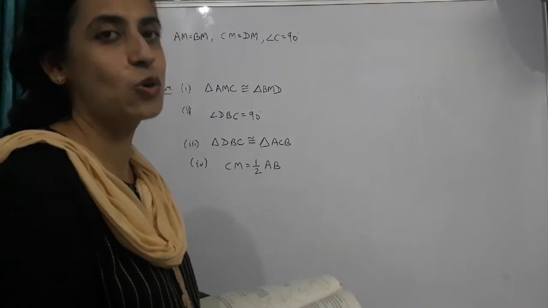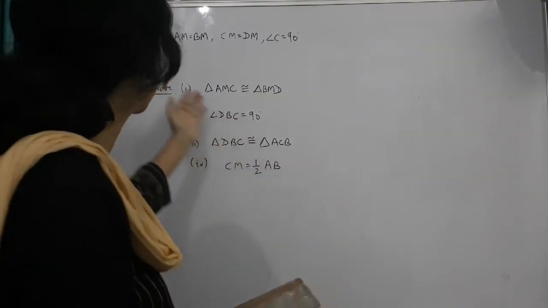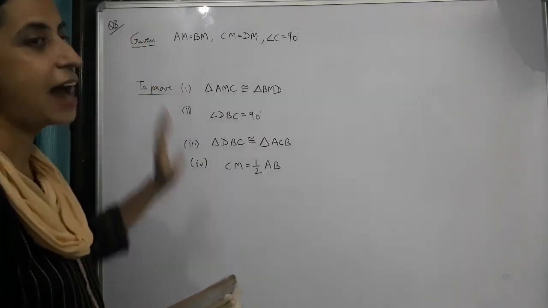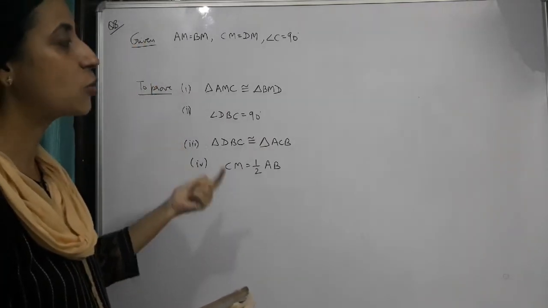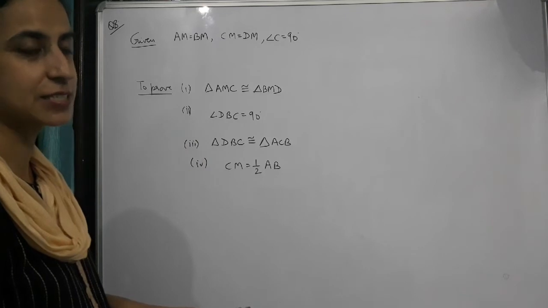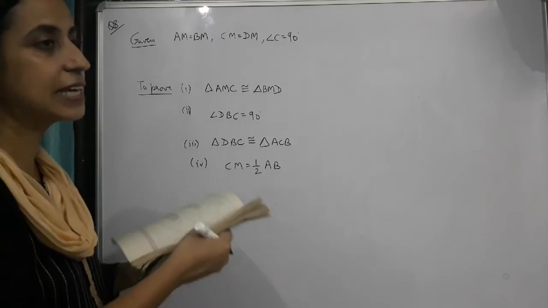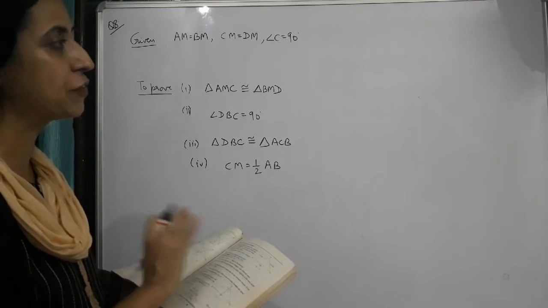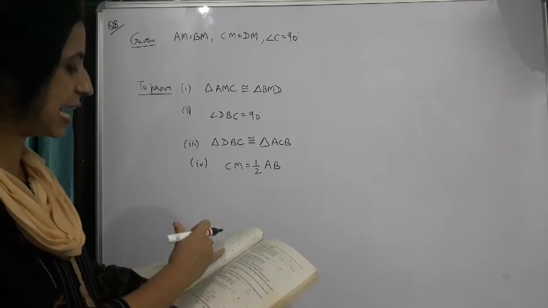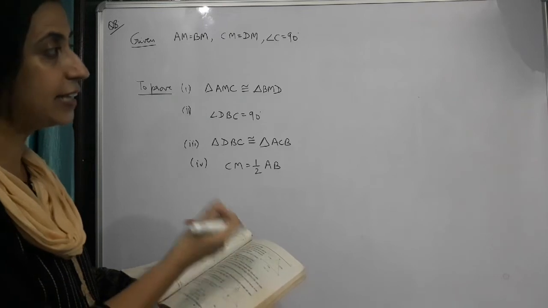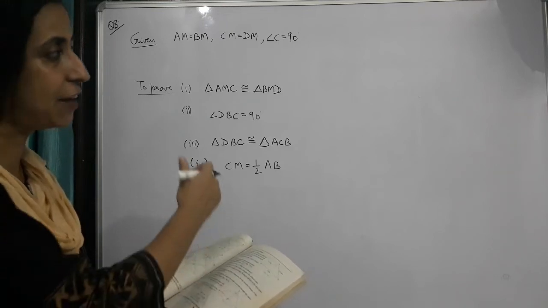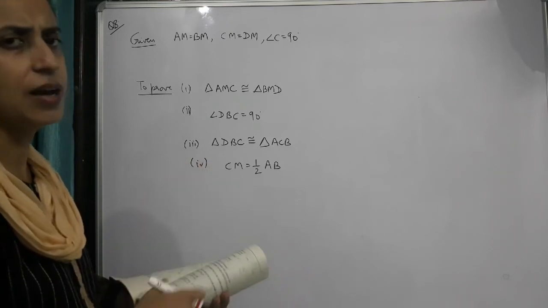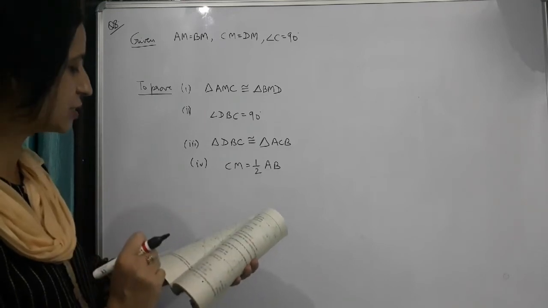Now let us start off with the last question of this exercise, question number 8, and it is an important question. So write down important in your register. Over here you can see that the figure is given to us in the book, but maybe in exams the figure is not given to you. The statement will only be given, and then you'll have to draw the figure yourself and then solve the question. So let us see how we will draw this figure.